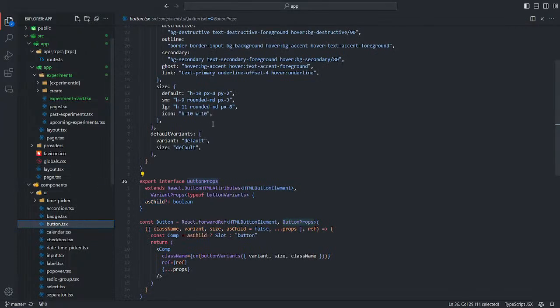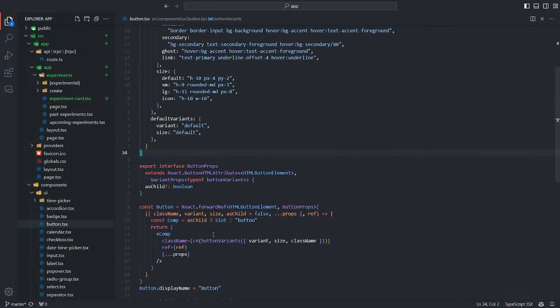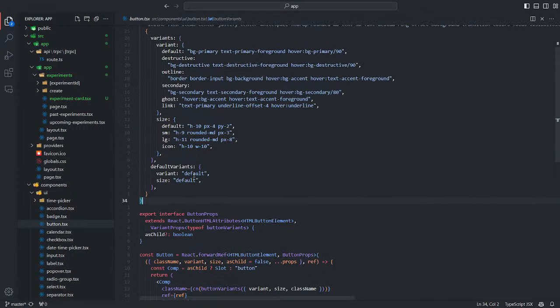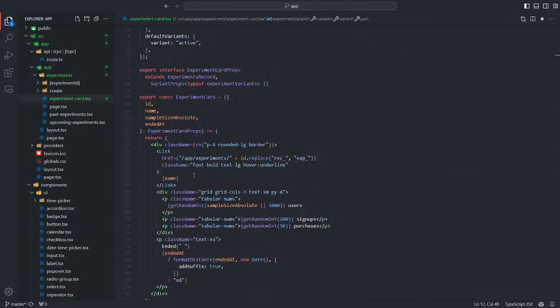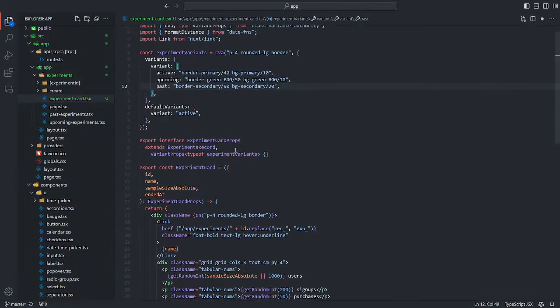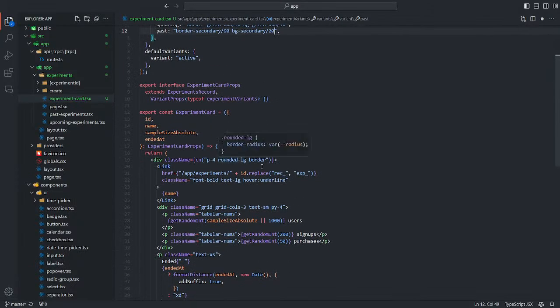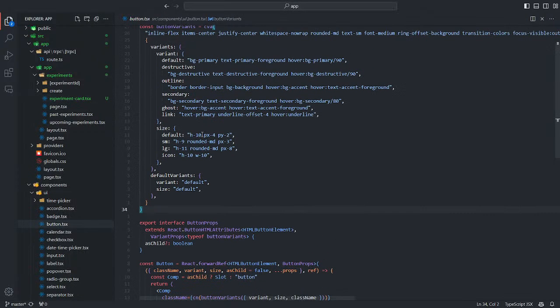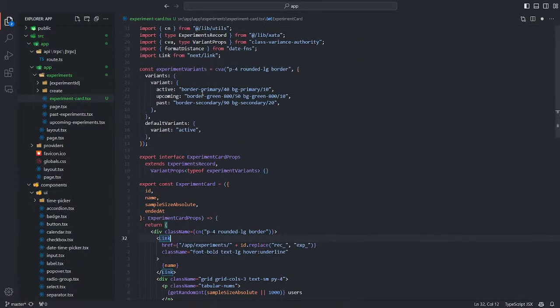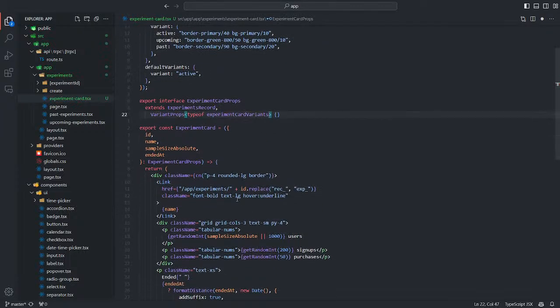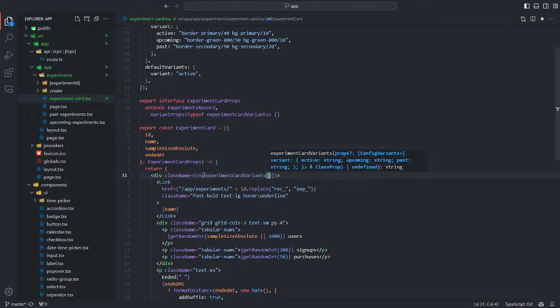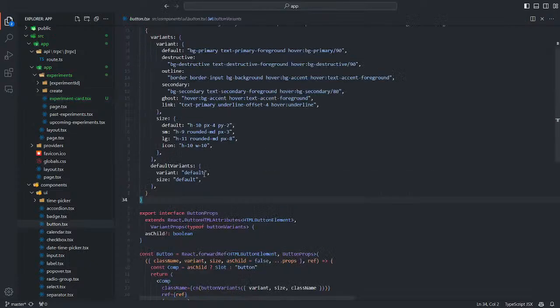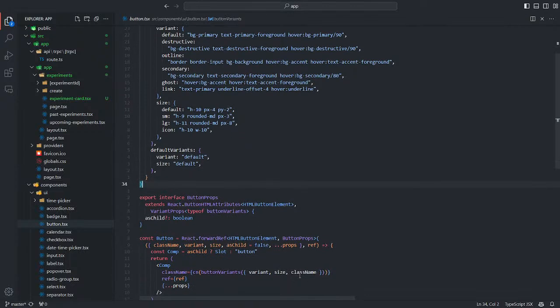Okay. So let's see again how we build this class name. Variant, variant size and class name.